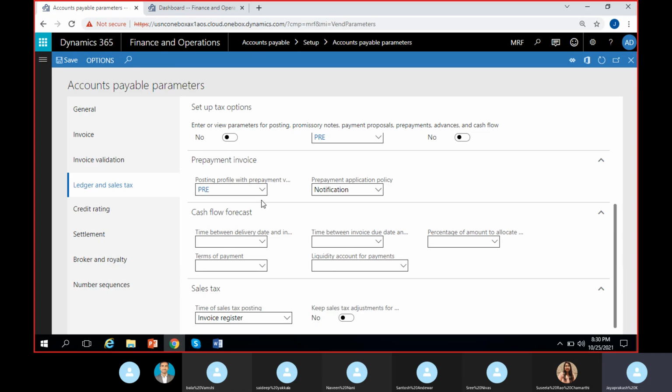So this is for prepayment invoicing. The prepayment invoicing account normally is taken from here, this posting profile that you give here. Prepayment account will be taken from this posting profile, prepayment invoice. Prepayment application policy, yes. Do you want